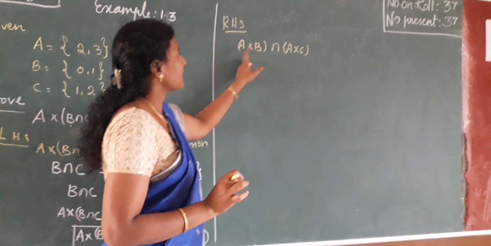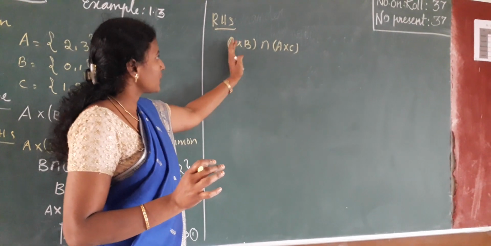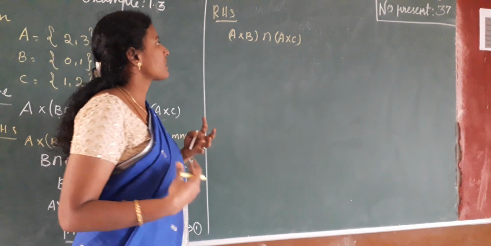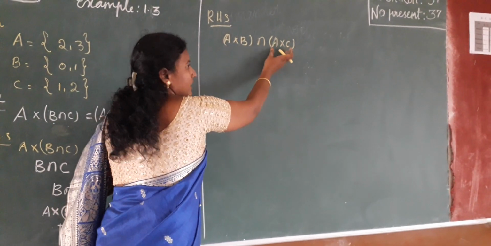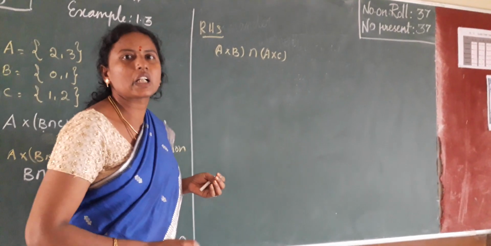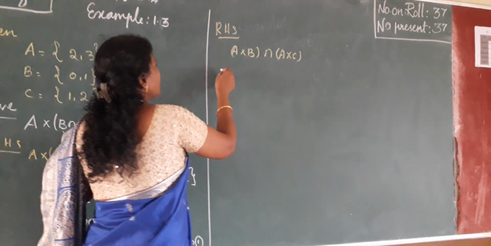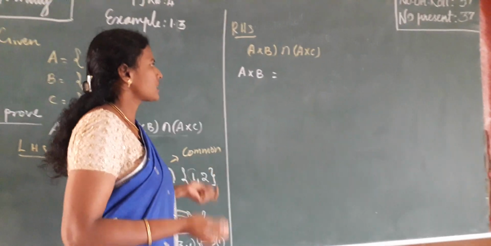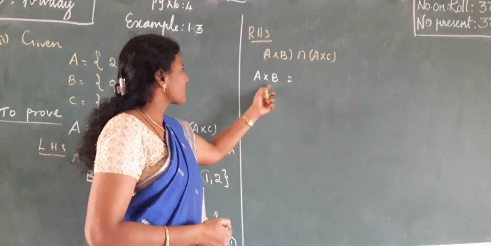Okay, there are two bracket values, ma'am. Should I write this first or this first? No problem, whichever is convenient. Okay. This is our choice, we can do this one or that one. Clear here? So first you have to take that A cross B. Okay. First A cross B. Next, which one do we want to write? A cross B is simply coming, no.